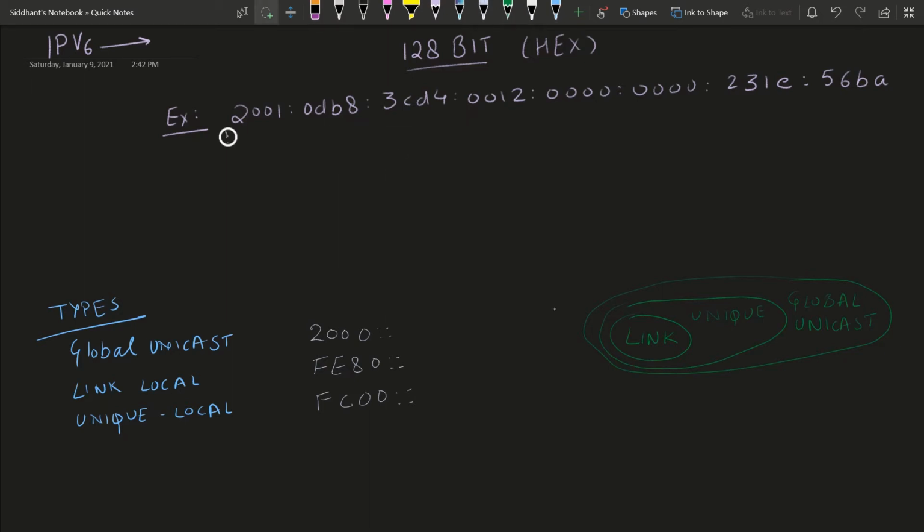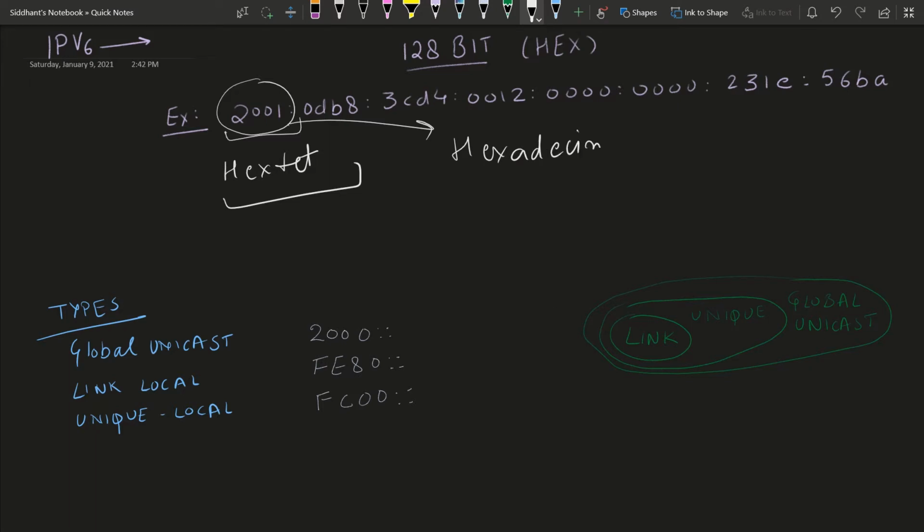So this is a hextet. This is a hextet. In IPv4 we had octets, in IPv6 we have hextets. And why do we call these hextets? Because they are hexadecimal numbers.